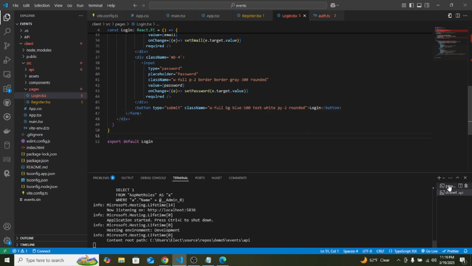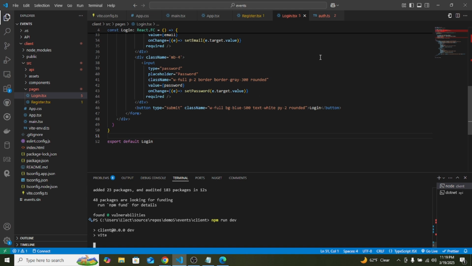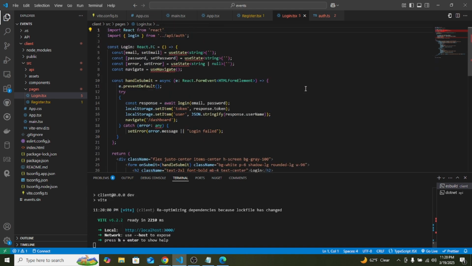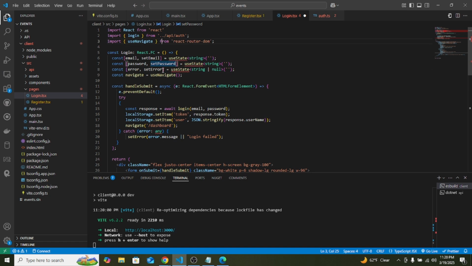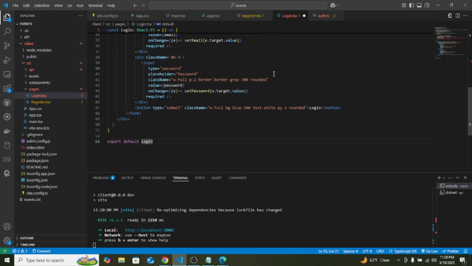So let's go ahead and start up the application. I'm going to do npm run dev, and it's going to build out the application. And you know what I forgot to do? I'll let you guess. I don't know if you can see the underlines. I forgot to import all of this. I forgot to import the useState. All right, so now that we have that, we can go